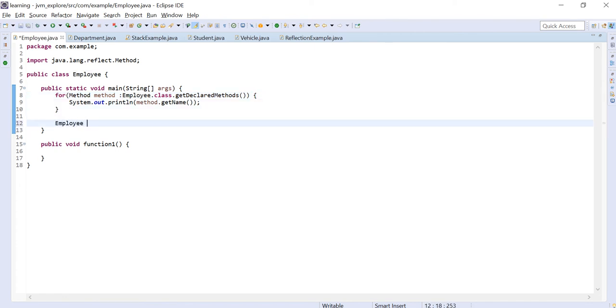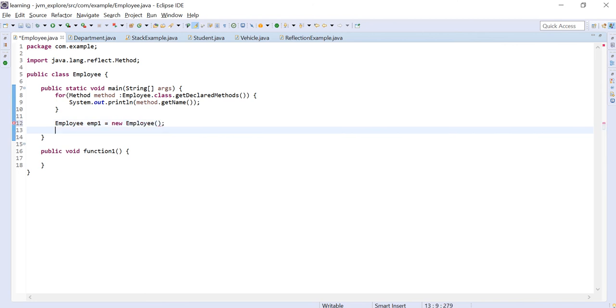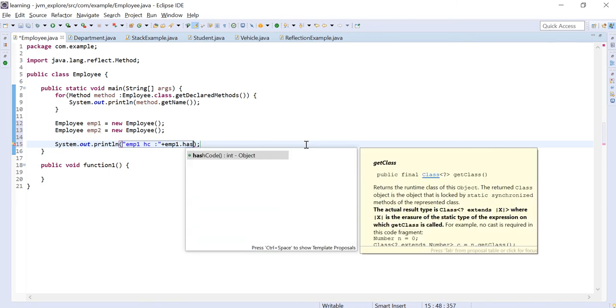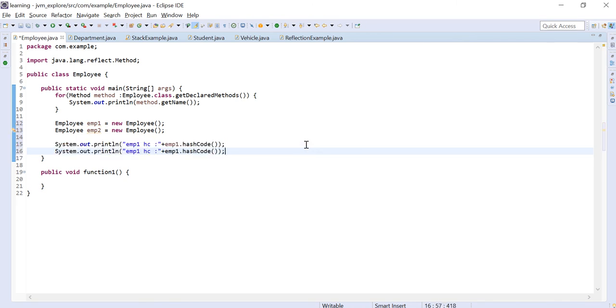So I will create two objects of employee class now, employee 1 and employee 2. We'll try to print the hash code for employee 1, and we'll do the same for employee 2.